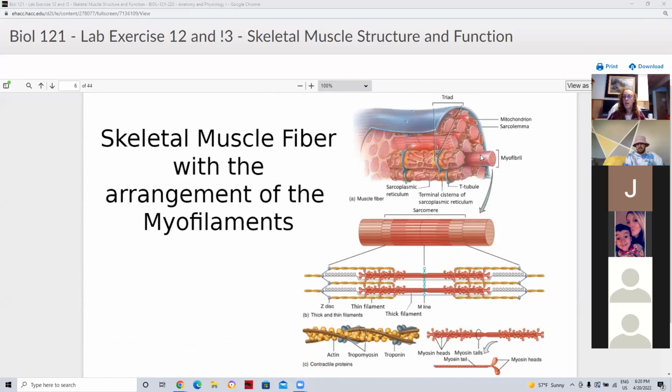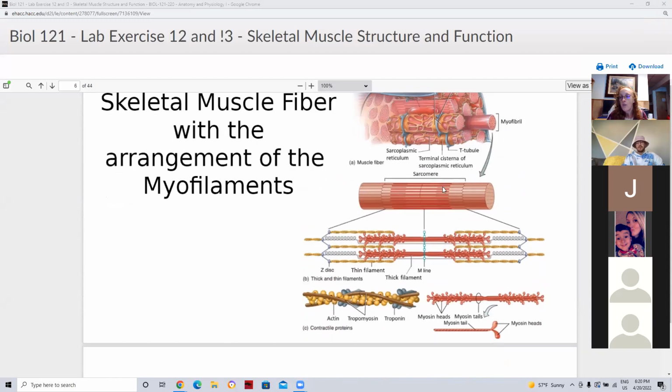Looking at the connection, the arrangement, remember that the functional unit of the muscle is a sarcomere. And one myofibril is essentially multiple sarcomeres attached end to end. So when we're looking at muscle contraction,